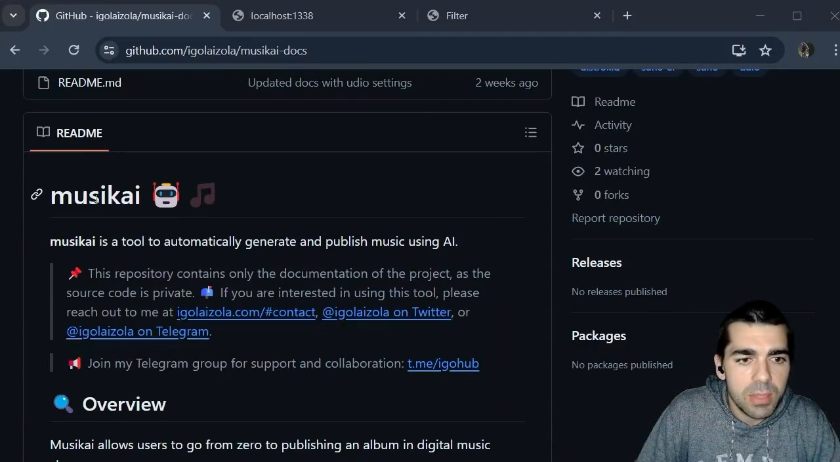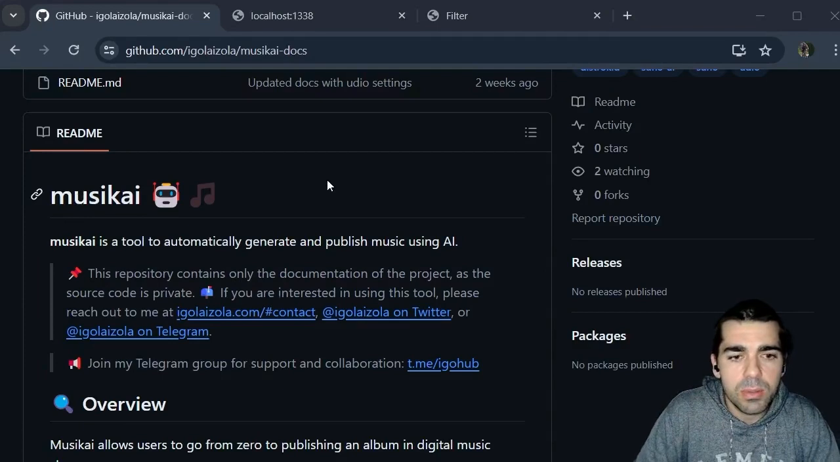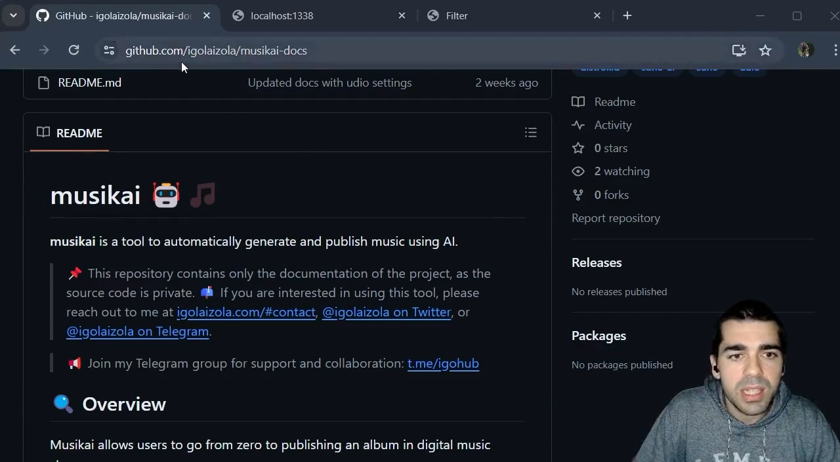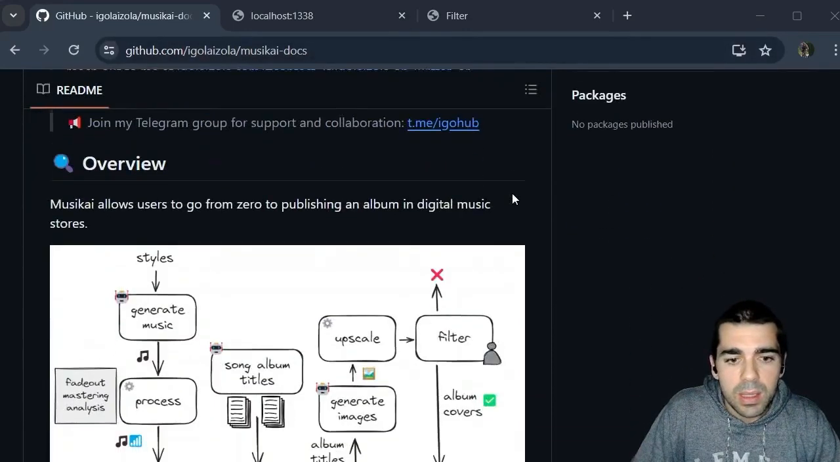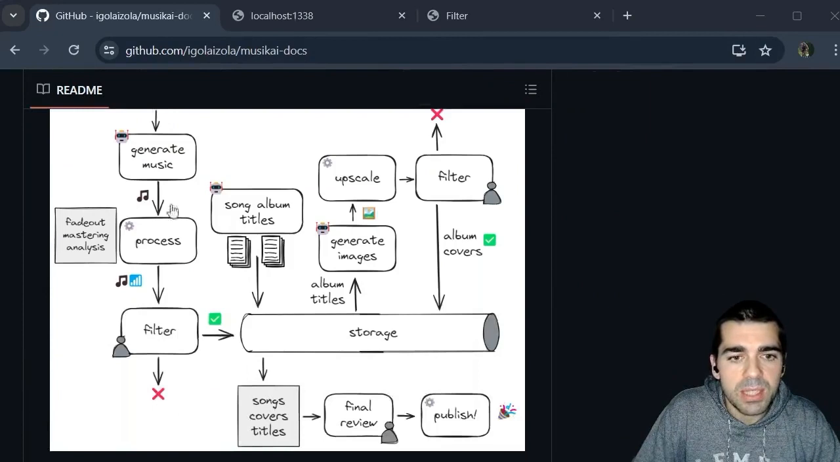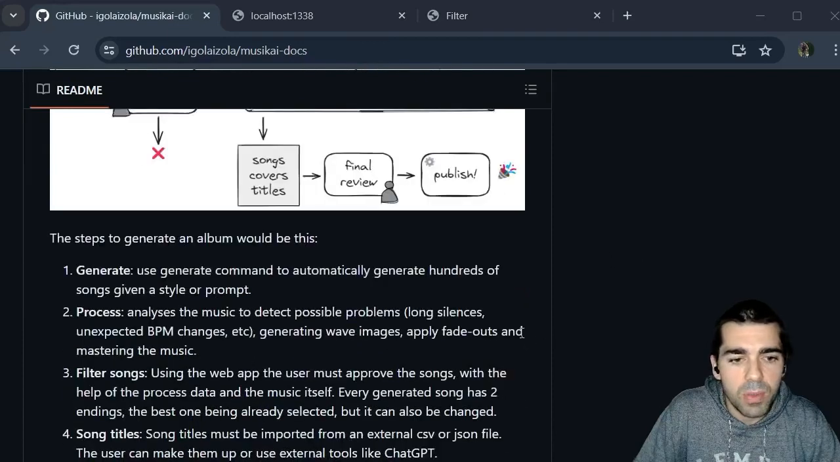Its name is Musikai, and it's a tool to automatically generate music using AI and also publish this music. The documentation is available in this GitHub repo. You have an overall image of all the things that the tool can do, and also full documentation of how